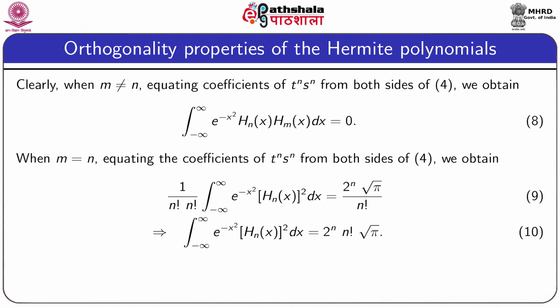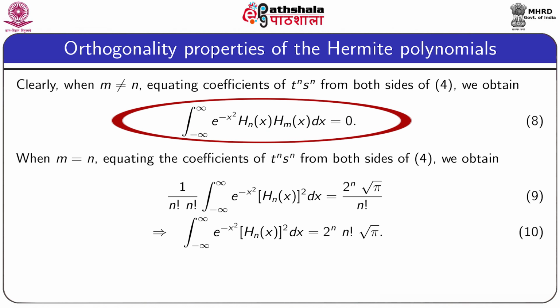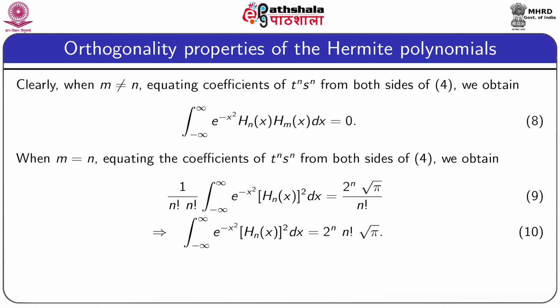And therefore, we get expression 8, which is integration from minus infinity to plus infinity e to the power minus x square H_n(x) H_m(x) dx is equal to 0. However, when m is equal to n, then we have to equate the coefficient of t to the power n s to the power n from both sides of 7, and we will get,